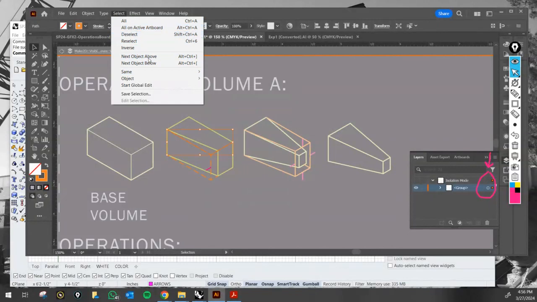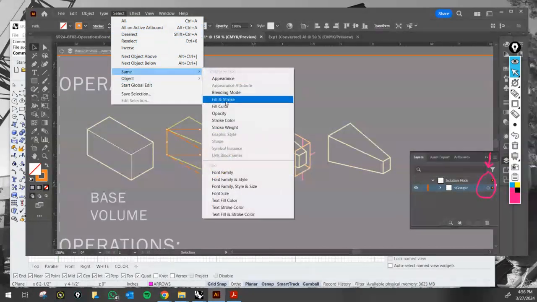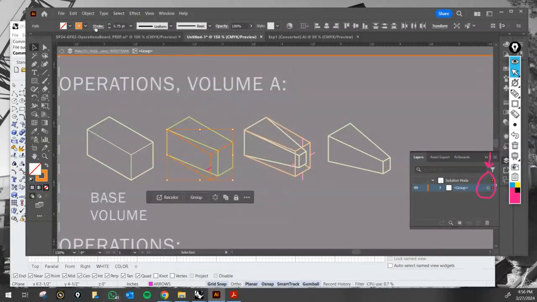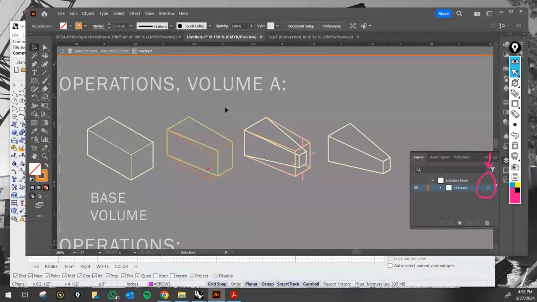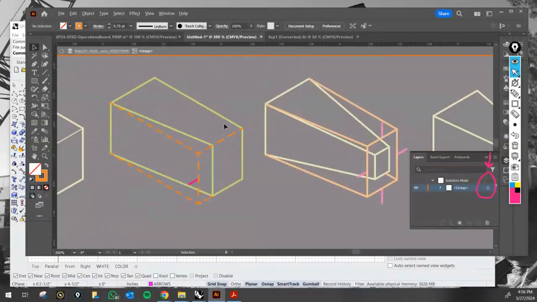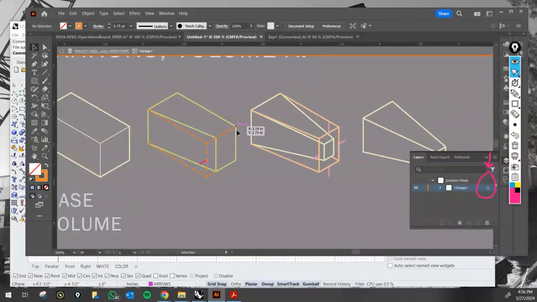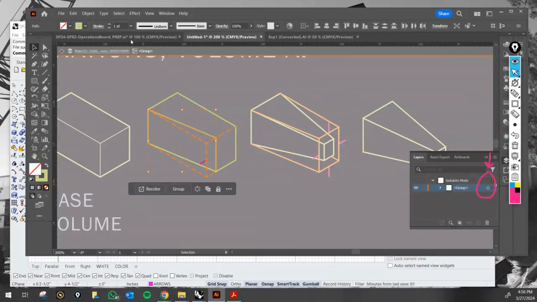Select same fill and stroke. I think I like maybe a shorter dash, maybe like a 4, and maybe like a 3. Let's see how that looks. Sure, that works. That works well. Again, I want to go ahead and actually the interior lines, I want to go ahead and